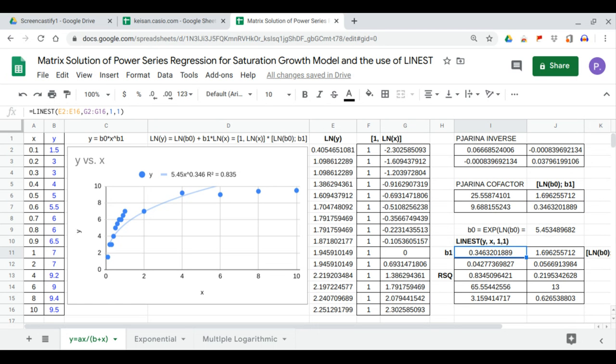This completes the matrix solution of power series regression for a saturation growth model. We have used LINEST and the matrix